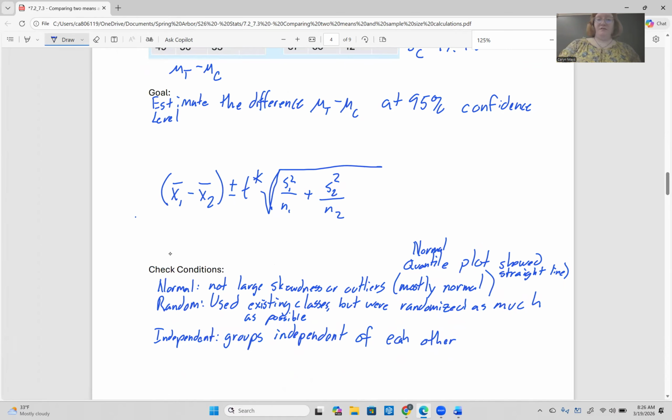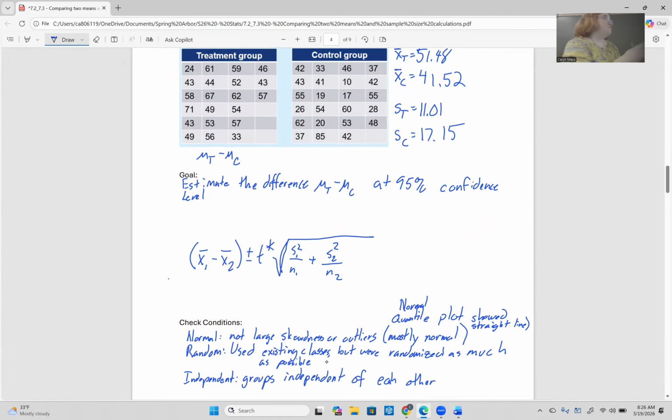At this point, it's fill in information. Generally, there's still one more thing we need to find. But x1 bar and x2 bar, we know. s1 squared and s2 squared, we know. That's our TC. We know those as well, 21 and 23. The only thing we don't know yet is that T star. So we can look up T star